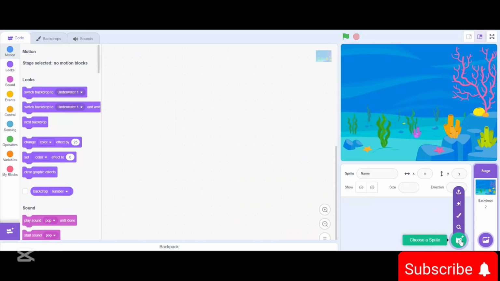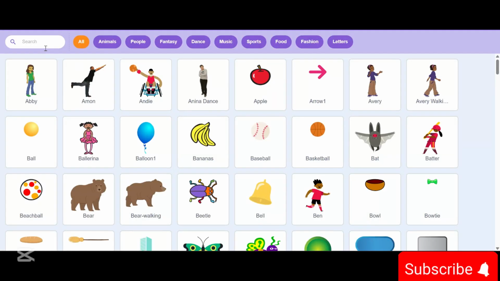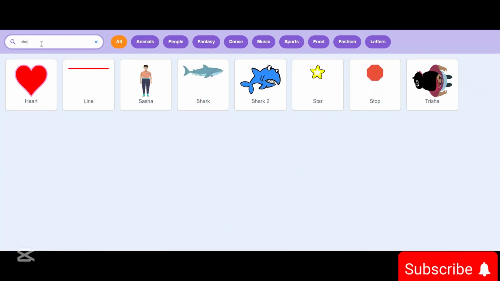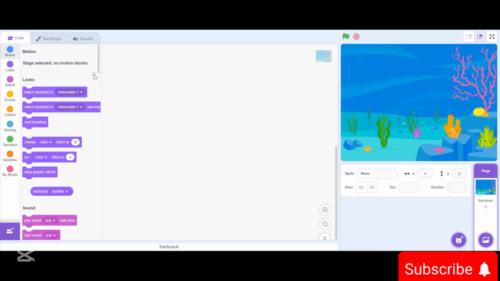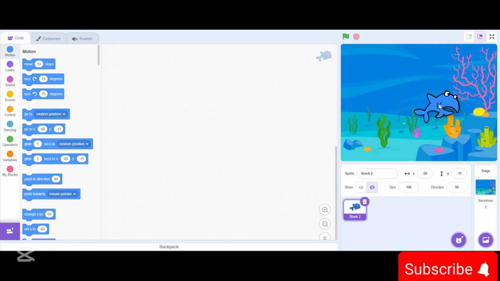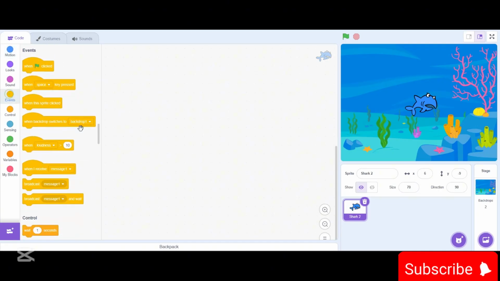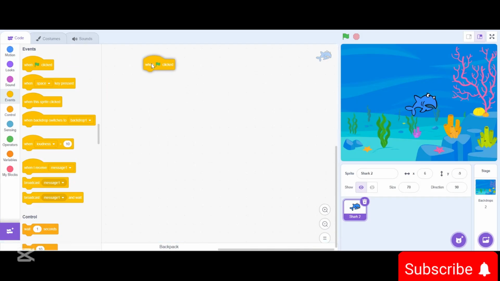And now let's choose a sprite and search for shark. I'll choose this shark. Click it. And this is our shark. This is a little bit bigger, so let me make it a little bit smaller for our game. 70% is enough, and like this. Now let's go to the events menu and drag a when green flag clicked block, and after